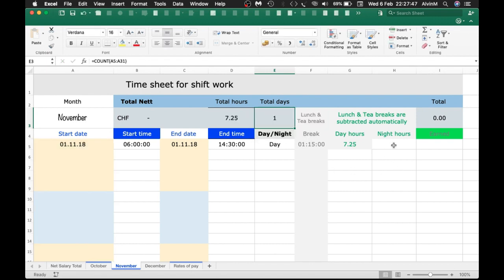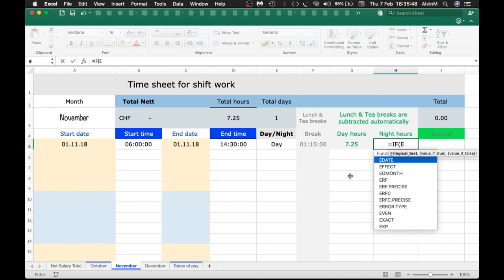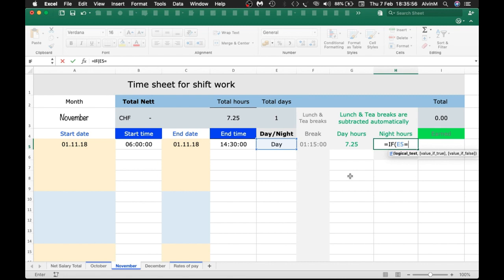Right, so now let's fill in the formula for the night hours. The formula for the night hours will be an IF formula again, which is equals IF, open brackets, E5 equals, open inverted commas, night, close inverted commas, comma, open brackets,